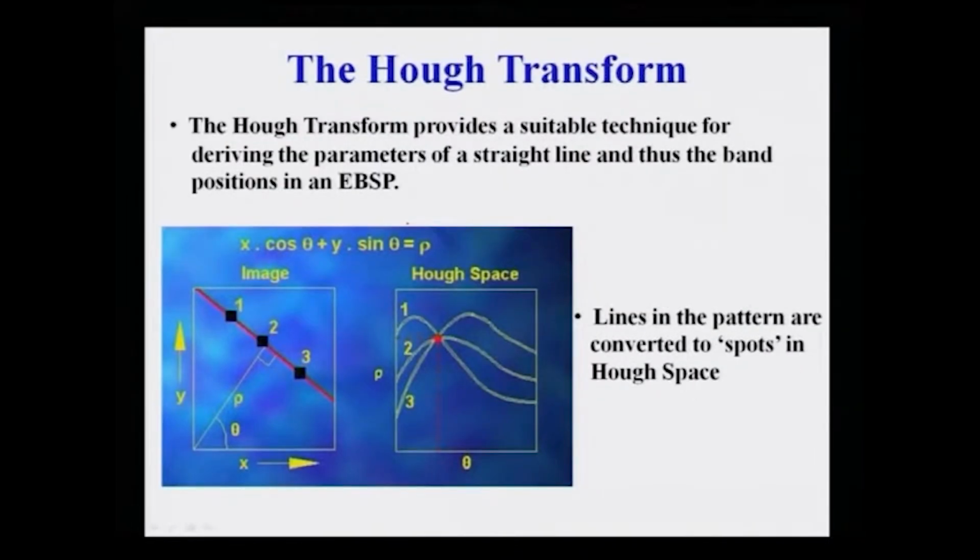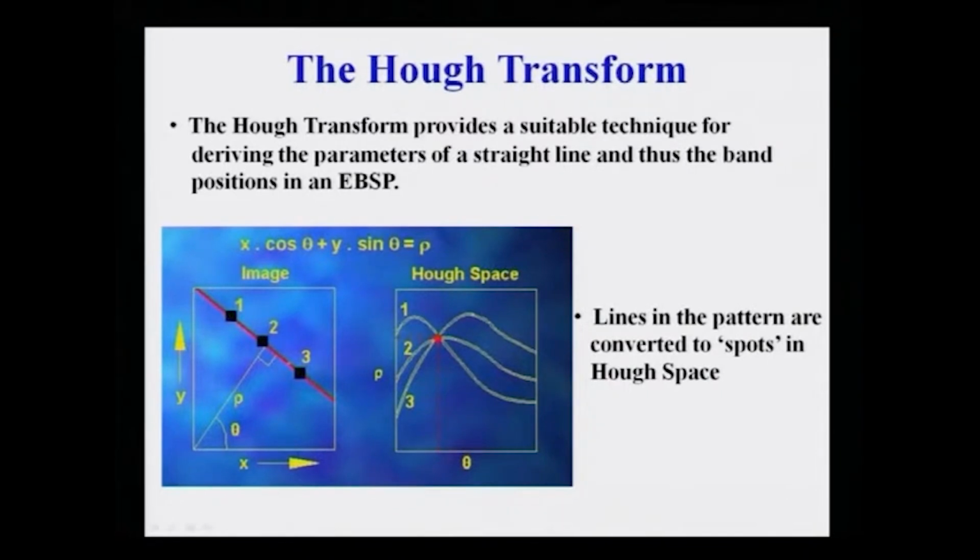Well, that is actually done using Hough transformations. The Hough transformation provides a suitable technique for deriving the parameters of a straight line, and that is the band positions in the EBSD patterns. Let us see how it is done. Basically, an EBSD pattern is nothing but an XY plot. As we look at it, it is a 2-dimensional XY plot. So, what we do is that we convert this XY into a rho theta plot. Okay, so suppose we have